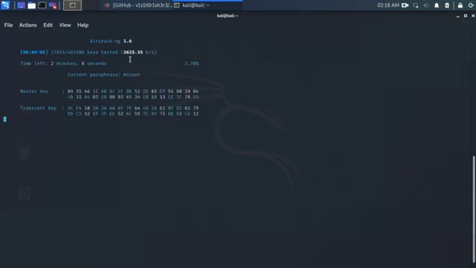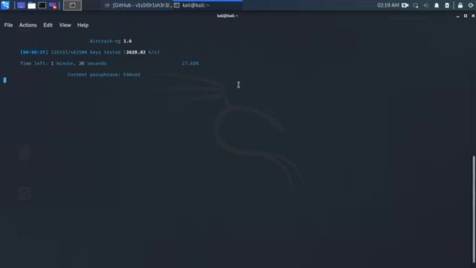As you can see, the dictionary attack is being performed. Whenever the key is found, it will automatically be displayed as the current passphrase. Soon it will be decrypted, I hope. As you can see, the time needed is very short. It's not as easy to hack someone's Wi-Fi, but if you have a large word list of 13 or 14 GB, there is a high possibility the password will be cracked.